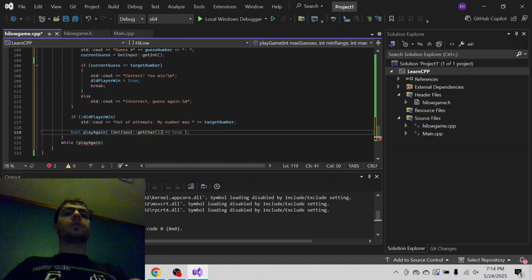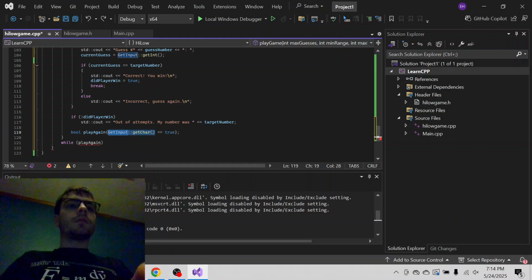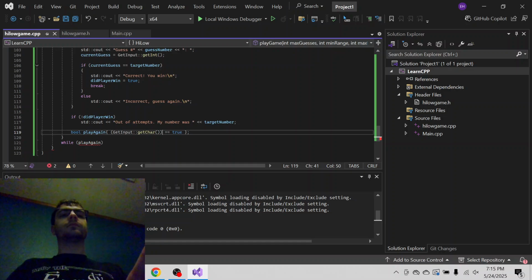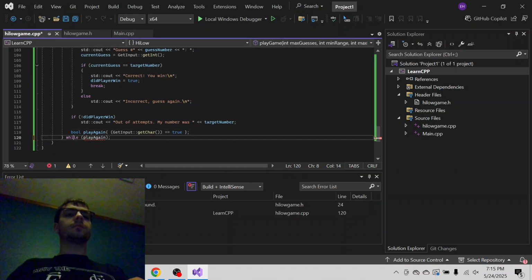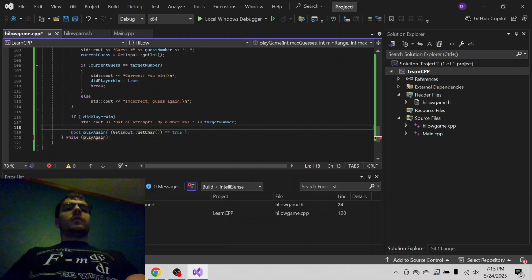If this is assigned to be this whole guy. Oops, what are we doing here? Oh, okay. This whole thing is assigned to be is get input true. Or is get character true. It's a semicolon. Oh, whoops. This should be